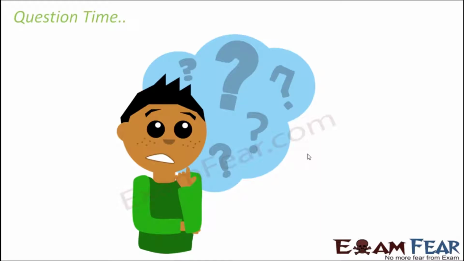So with this, we have reached towards the end of this lesson. We have discussed some of the common natural plant fibers like cotton, jute and coir. We also saw how the fibers are converted into fabrics, how we obtain fabric from fibers. So let us quickly have a look at some of the questions.